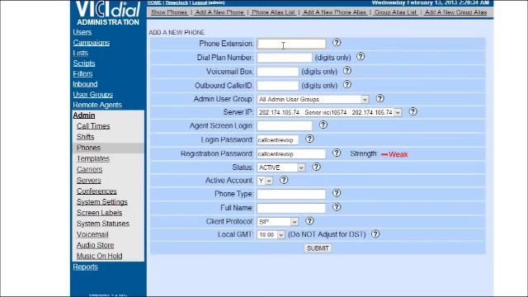Which is why this hosted service is offered to people, to get away from the security breaches, as everyone tries to hack into these things. Okay, phone extensions. We're going to call this test 01. The phone extension is test 01, and we're just going to make everything test 01. So the extension is test 01, the passwords are test 01, logging into the dialer will be test 01,